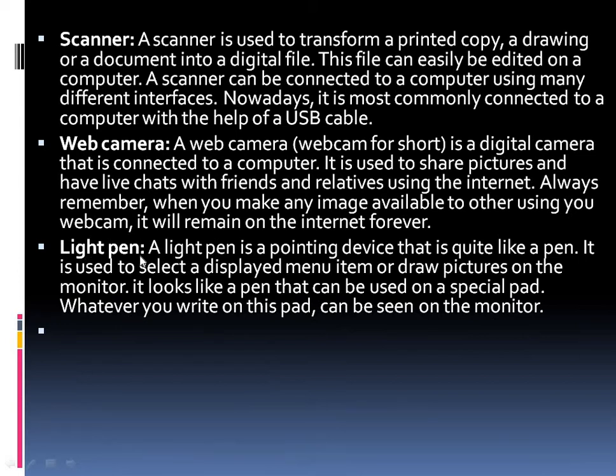Students, light pen is a pen but it is an electronic device. With the help of this pen you can make a drawing on your computer screen, or one pad is available. When you draw on the pad, the same drawing is drawn inside your computer and it is displayed on your screen. So it gives you a very easy way to make drawings, because you can hold the light pen like a usual pen. The grip is strong in the light pen, so it makes it easy to draw.